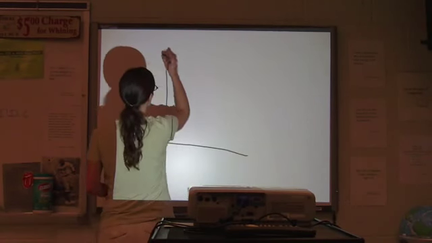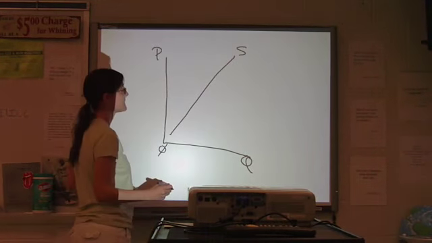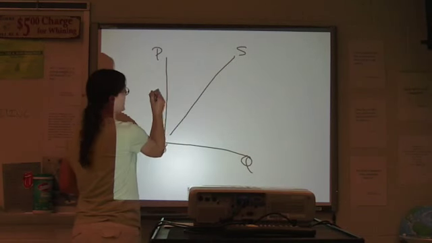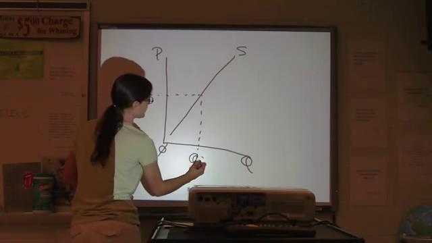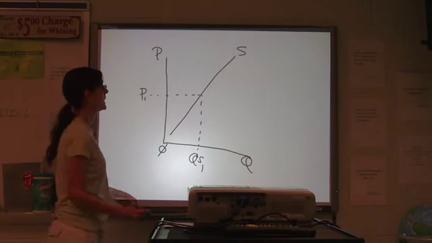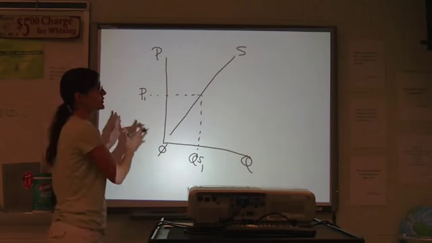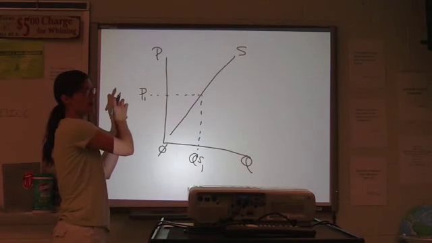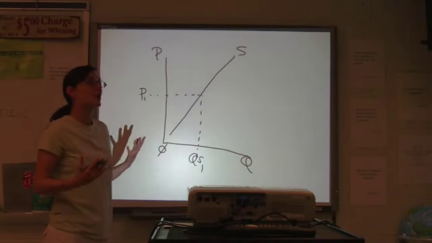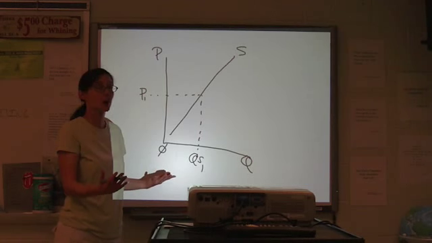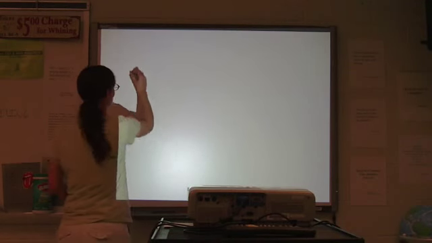Let me clean that up a little bit. Okay, so every point on this curve represents a combination of a price level and a quantity supplied. And if we set that up in the little table like we did before with demand, you could do the same thing with an individual seller with how much they're willing to supply at each price and then graph it, and this is what you would get. How do you go from individual supply to market supply? The same way we did it with demand. You would take individual suppliers,